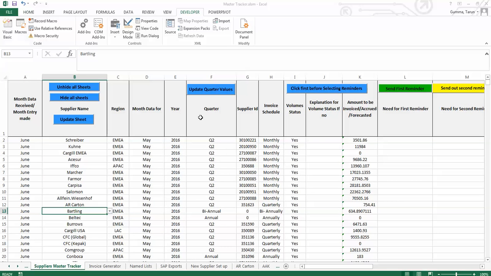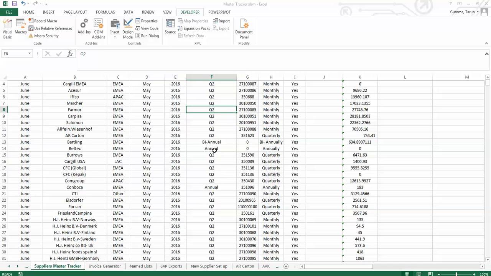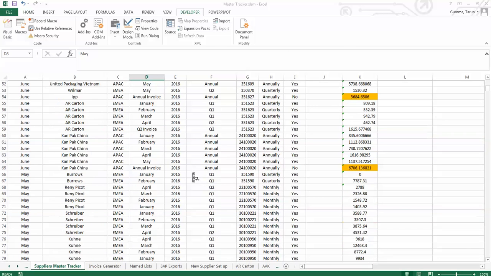The next one is update quadrant values. We shall look at this sheet, update sheet, at the end. The update quadrant values fills in this column based off this month. So it puts in whether a month is a quarter or so based on the month. So May is Q2 and similarly April is